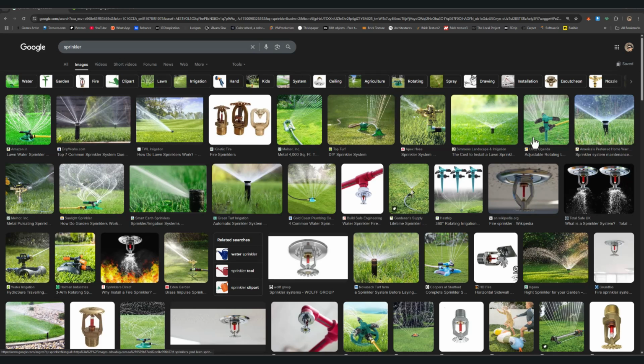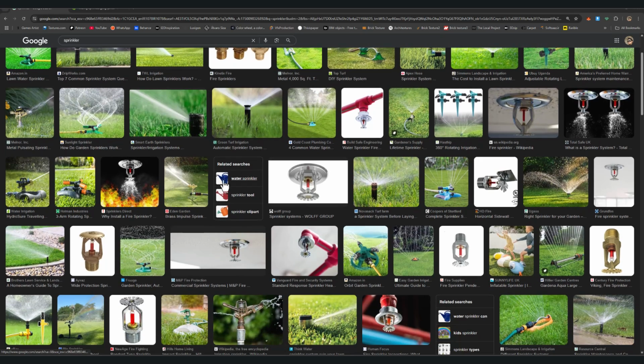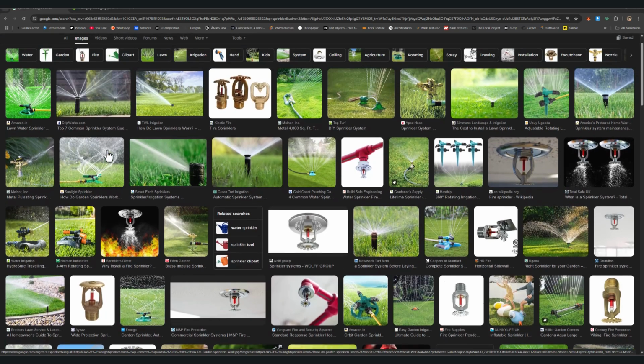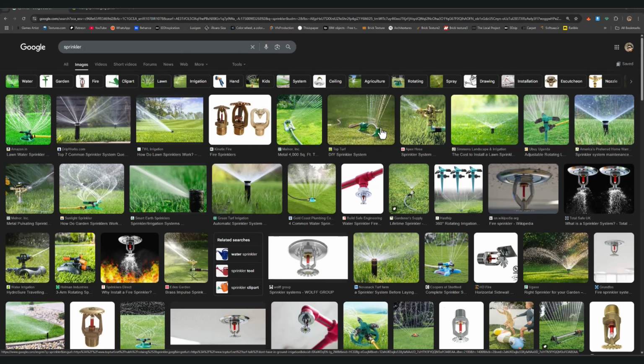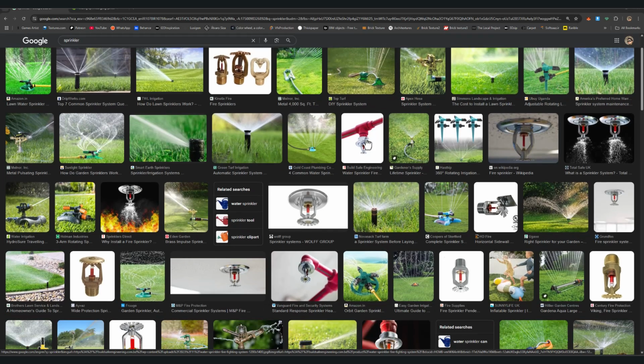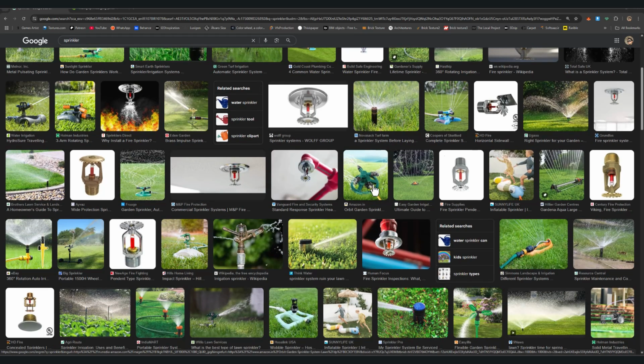If you look at this kind of structure, you will see some differences in any sprinklers. For example, this is a curvy nozzle, and this is a very simple one,